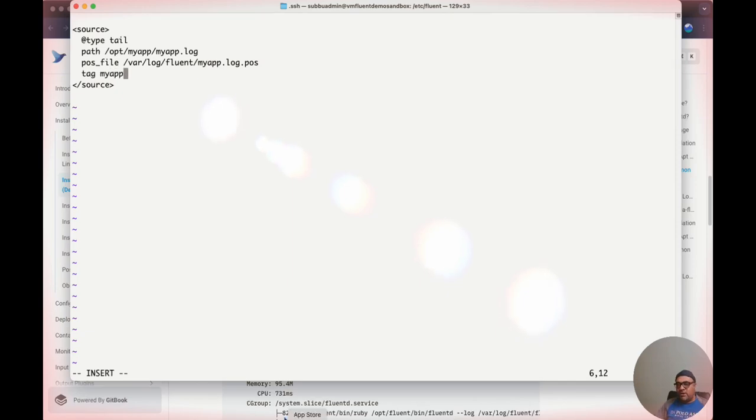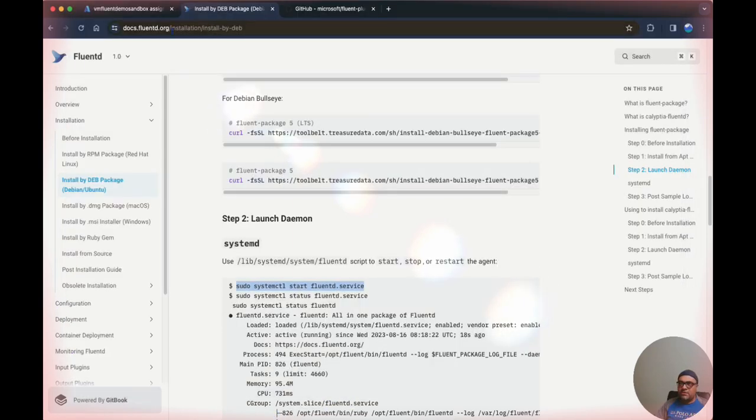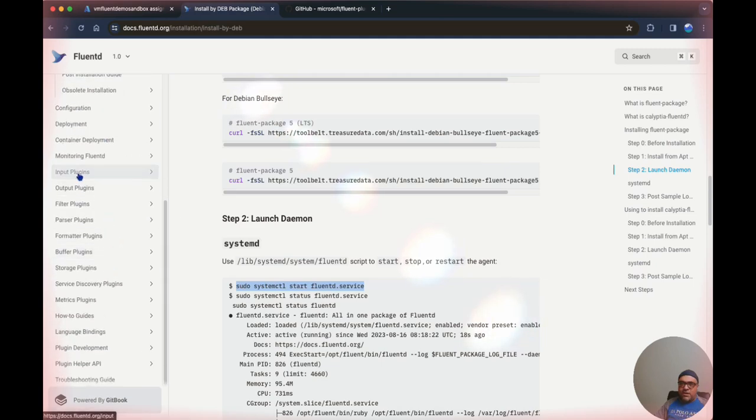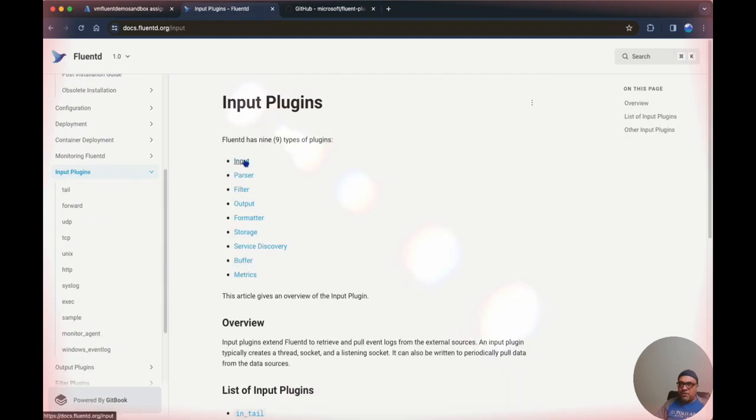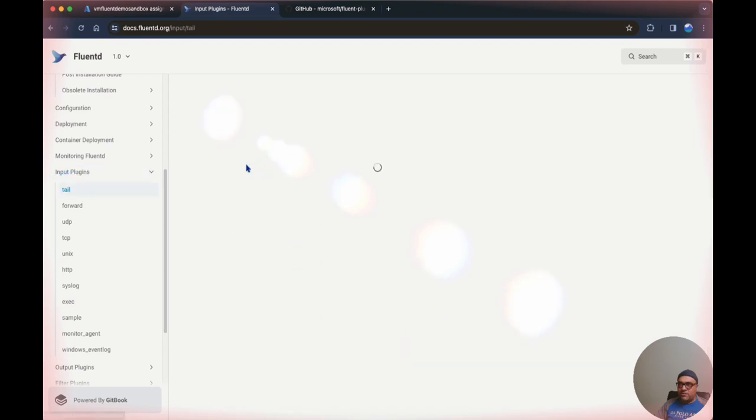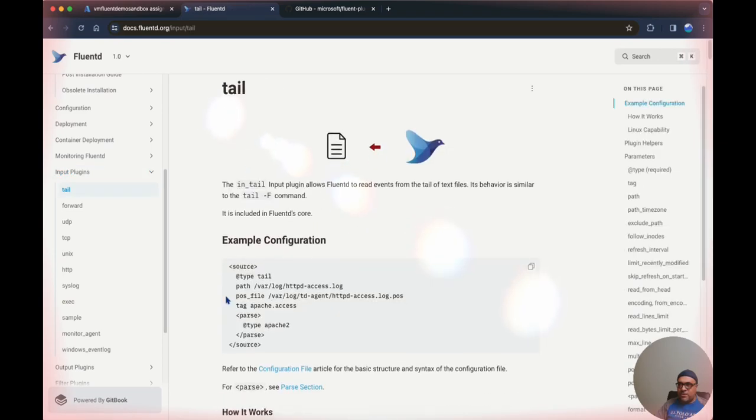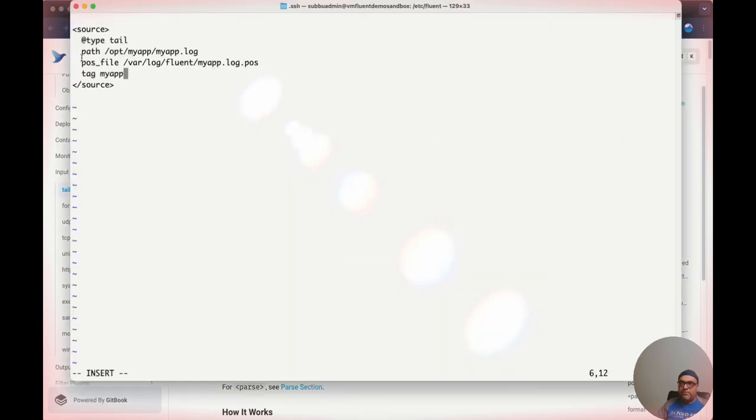Let me head back to the documentation. Let us see the input plugins. Okay, so we had the input plugin, and we saw what is in_tail, and let's just quickly see this. So we have type, path, pos_file, and tag. So now where do we want to send these log changes, my application log changes to? To start with, I don't want to directly jump into sending it to Azure Blob. So let's start with